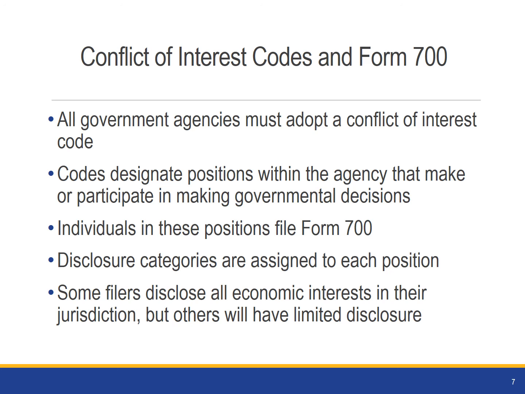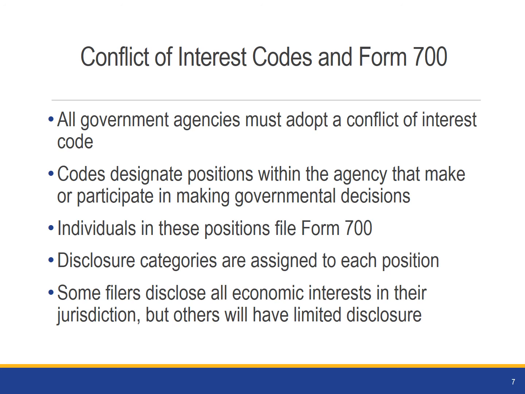The disclosure categories describe the types of economic interests an individual in a particular designated position must disclose. These categories must be tailored to the duties and decision-making authority of the position. For example, an executive director of an agency has broad decision-making authority, so he or she will likely have full disclosure. This means he or she will have to report all economic interests located in or doing business in the